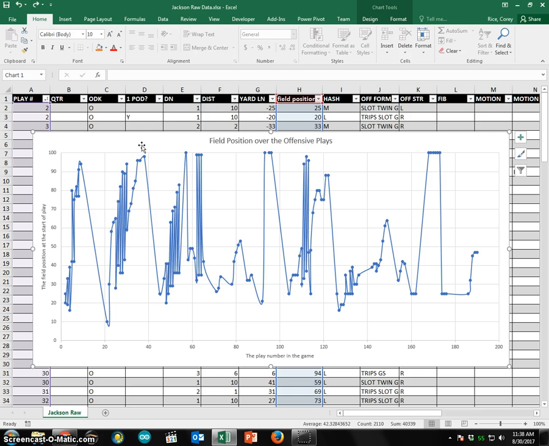There's a lot that's going on here. We need to unpack it, try and figure out what this means. This is the field position over the number of plays in the game. I tried to make a graph. I tried to use a table to sort things, and I got this weird result. And so I want to try and make some meaning out of this so that it can become more useful